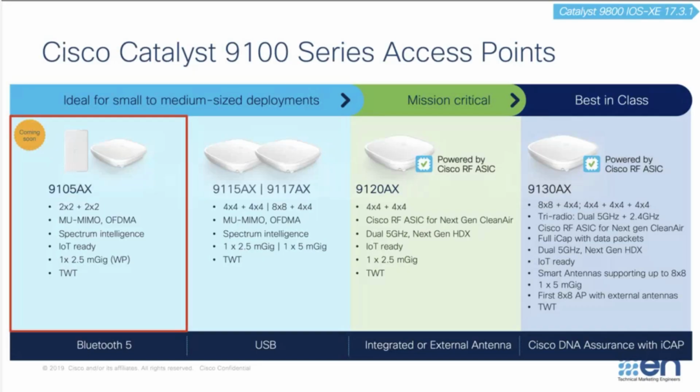So these actually come in two variants. There is an infrastructure variant, so think of that as a baby brother of the other Catalyst APs like the 9115 and 9120. With the same RF architecture, but we are having 2x2 on the 2.4 and 2x2 on 5 gigahertz. It comes with all the other goodness of AX, so we have MU-MIMO, OFDMA, TWT, and along with the